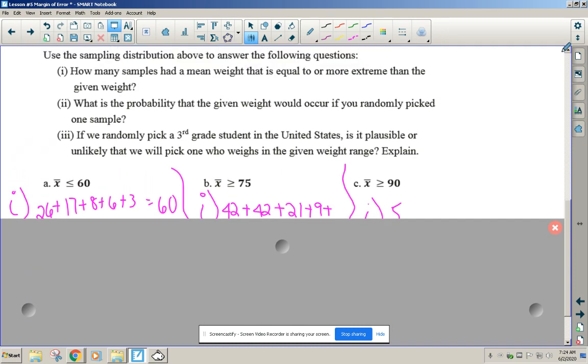We want to do a couple of things. How many samples had a mean weight that is equal to or more than the extreme given weight? Well, the extreme given weight for part A is actually, we want to be less than. I don't know why this one said more than. All right. If the mean was less than or equal to 60 pounds, or the frequency is 60,